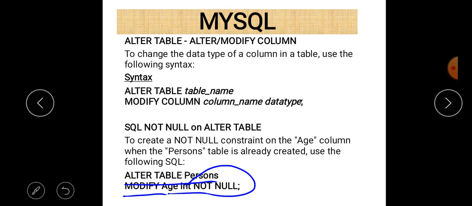What is happening after that statement? Modify means age, the column name of the table person, will be modified, and now it doesn't contain null values.